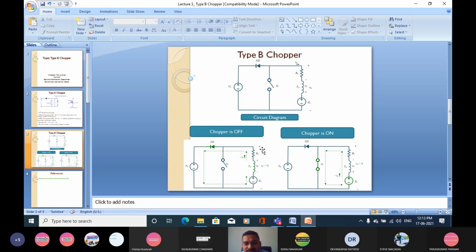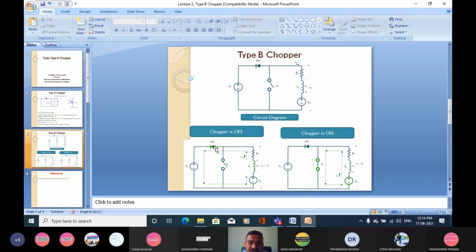Okay, understood? This terminal potential becomes greater or higher than this terminal potential. So here what happens, the anode of the freewheeling diode is connected to the higher potential, and the cathode of this freewheeling diode is connected to the lower potential. Okay, so in this situation this freewheeling diode becomes on. It is in conducting mode due to the connection.